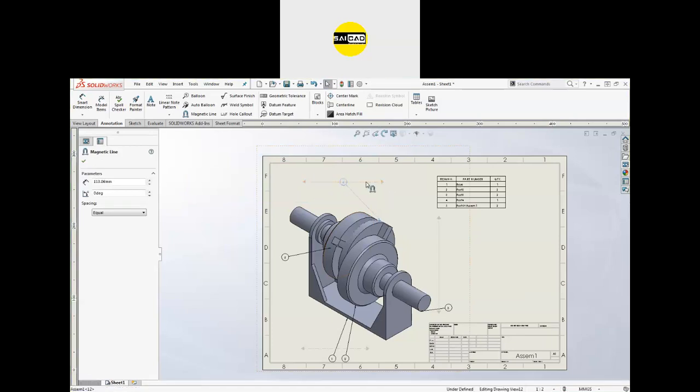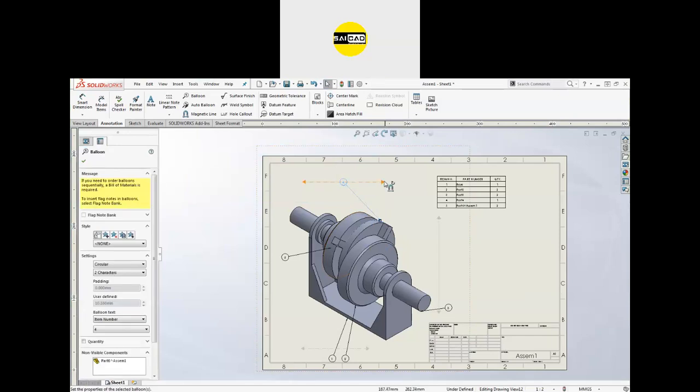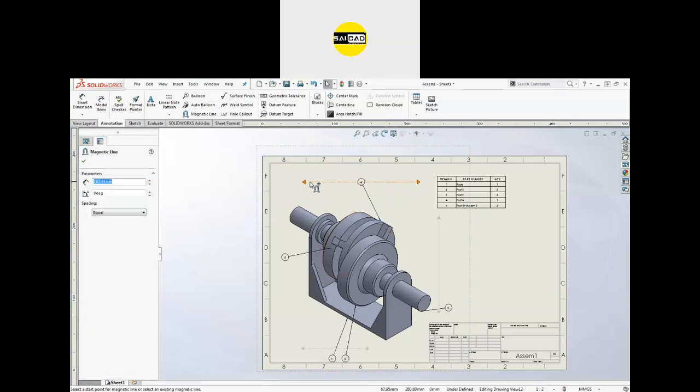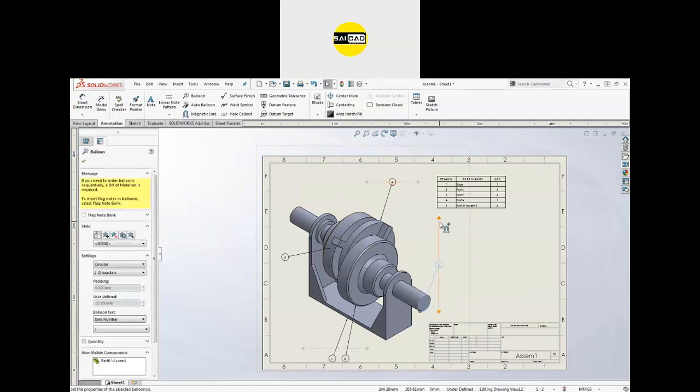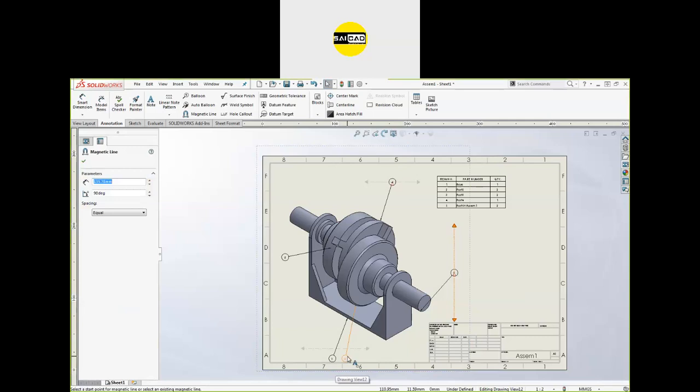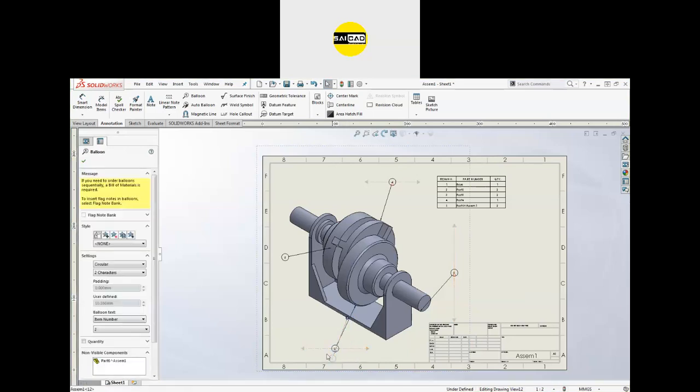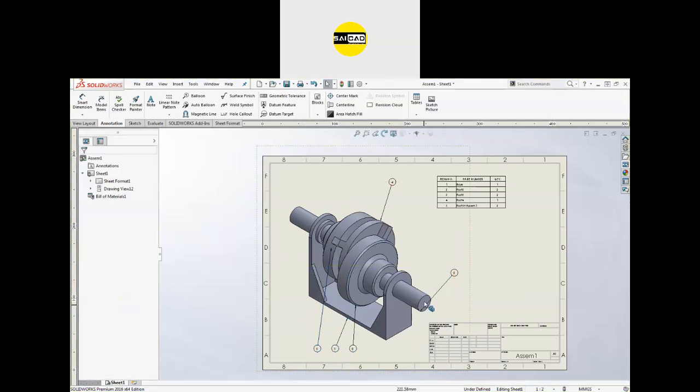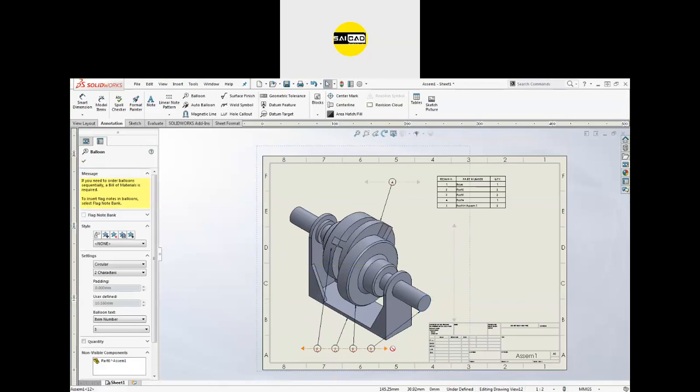You can just drag your component or the balloon to that line, so like that. So again, you can just drag your component like that. And you can do this here also. I want this one also here. So these are the balloons. You can attach your balloon according to that.